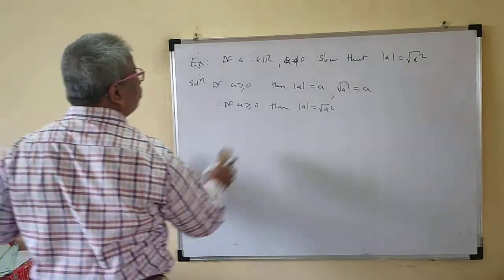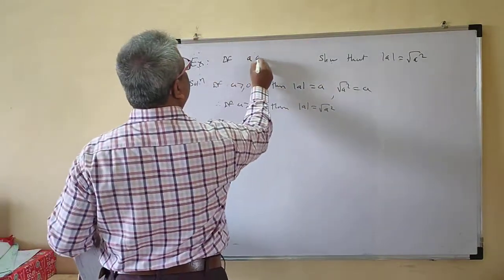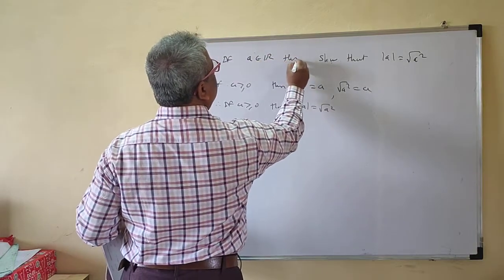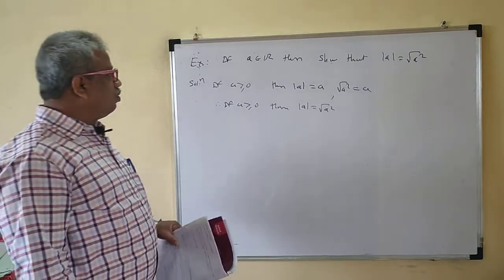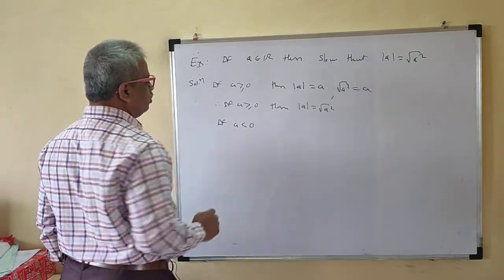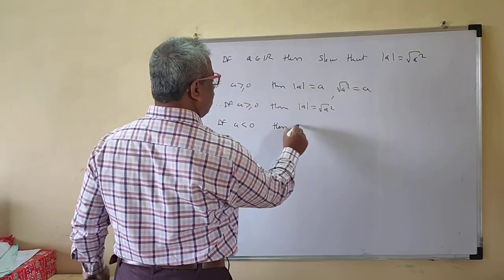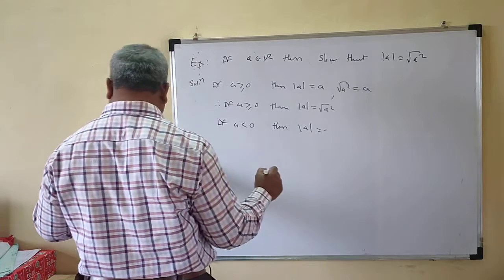So for A not equal to 0, for A belongs to R only. If A belongs to R, then okay. So we will write this problem. Okay, there is a printing mistake in the book. So now if A is less than 0, then mod of A is equal to minus A,